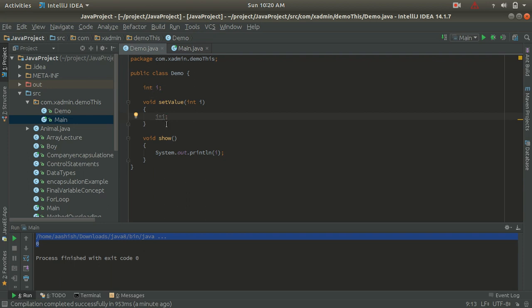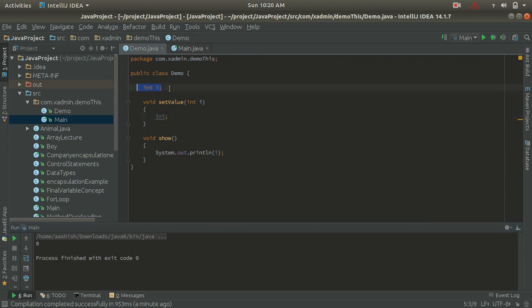So guys, if I put the local variable value to the instance variable, then the value will go to the local variable, not to the instance variable. So in this case, it will print the instance variable default value. If the name of the instance variable is the same as the local variable, it is going to store to the local variable, not to the instance variable. So that's why we are getting the value as 0, and here the 0 is the default value of the instance variable.